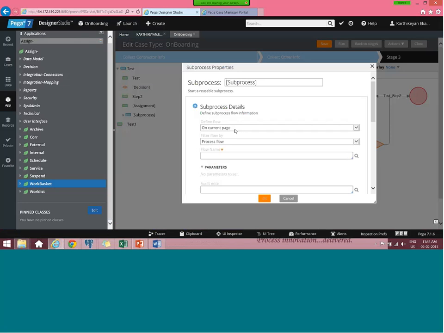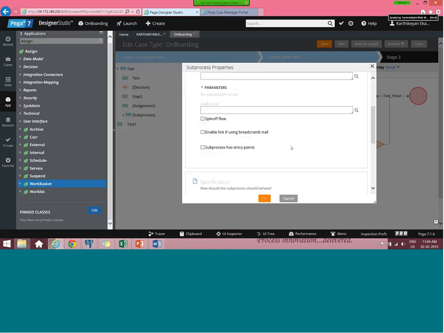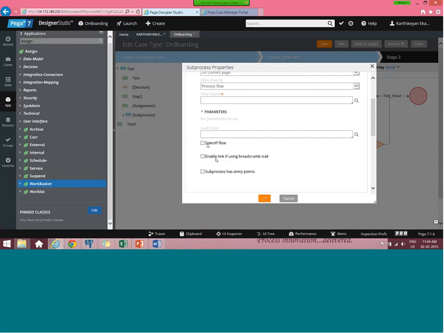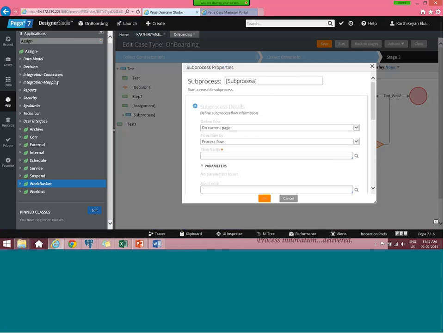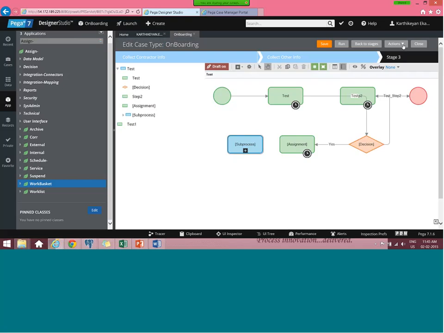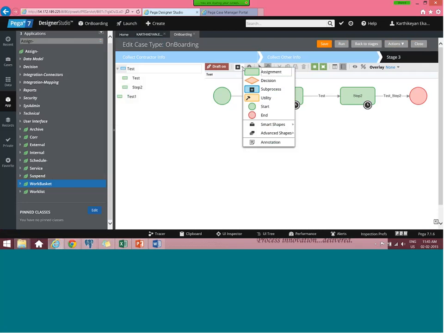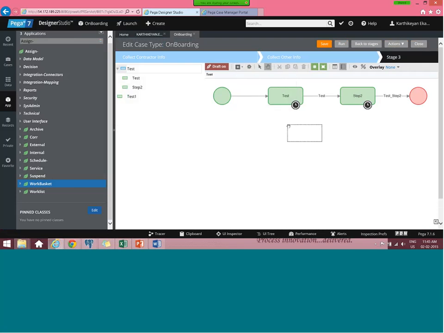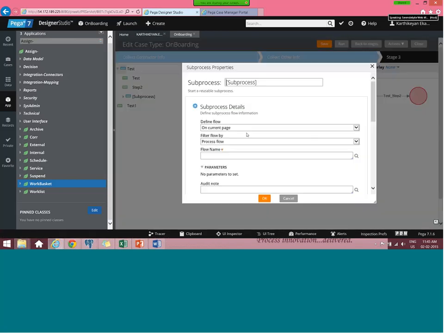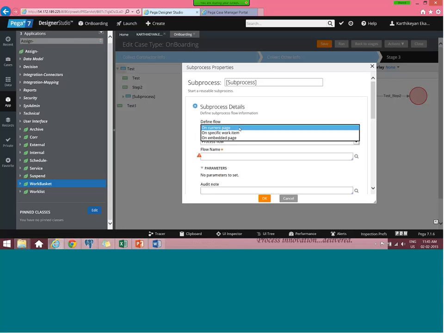Subprocess. You see here a spin-off flow, right? The same thing which you were saying before.